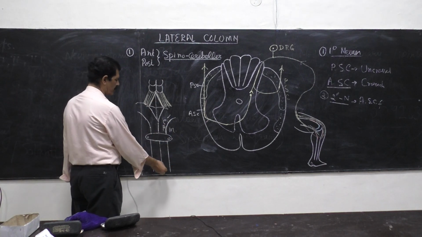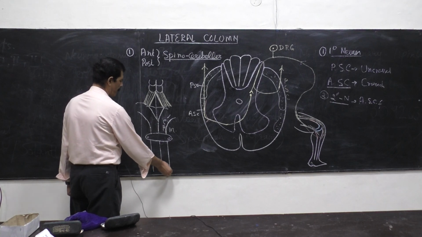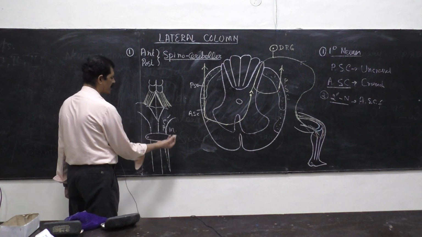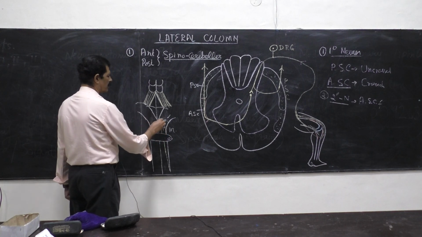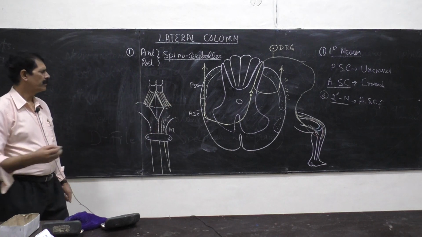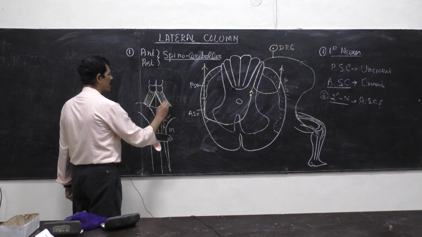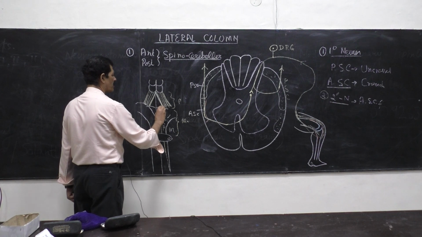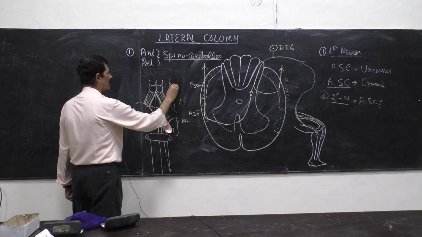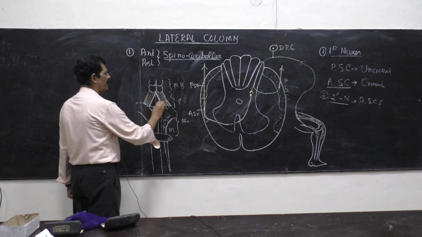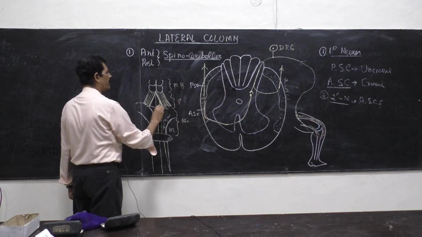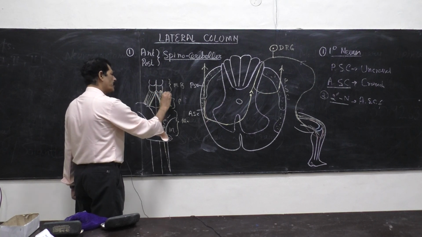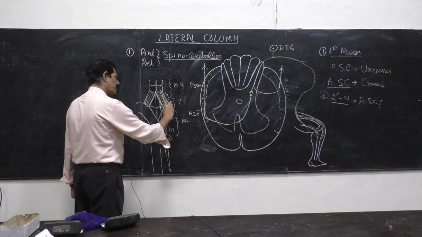Now the crossed fibers, the anterior spinocerebellar fibers from the spinal cord, go up, and as they are ascending, they reach the medulla. Now their name is spinocerebellar, so they have to reach the cerebellum. So these anterior spinocerebellar fibers go from the medulla, and this is the pons, this is the medulla. Now these fibers enter into the pons, and above, this is the smallest part of the brain, the midbrain. So these anterior spinocerebellar fibers ascend and reach the midbrain, and from the midbrain they turn down and enter into the superior cerebellar peduncle. And these fibers, with the fibers of the superior cerebellar peduncle,